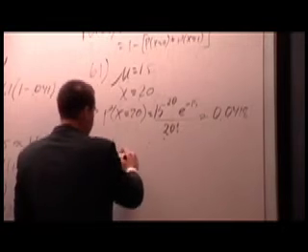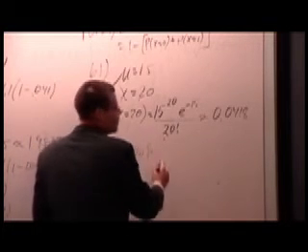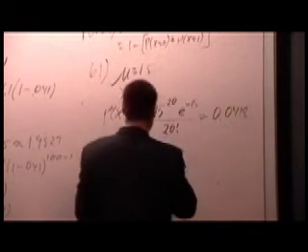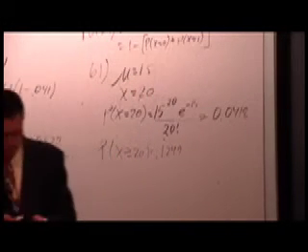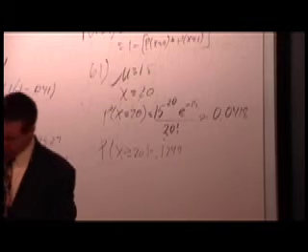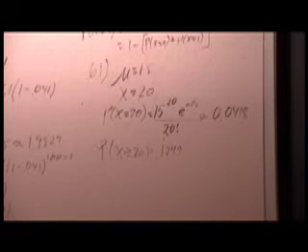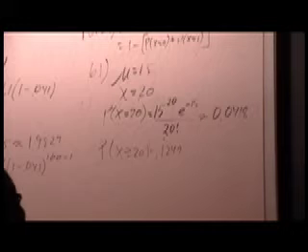The probability that x is greater than or equal to 20 is 0.049. If you were going to solve this problem, I would highly recommend using the table, because it's an easy job once you have the table.